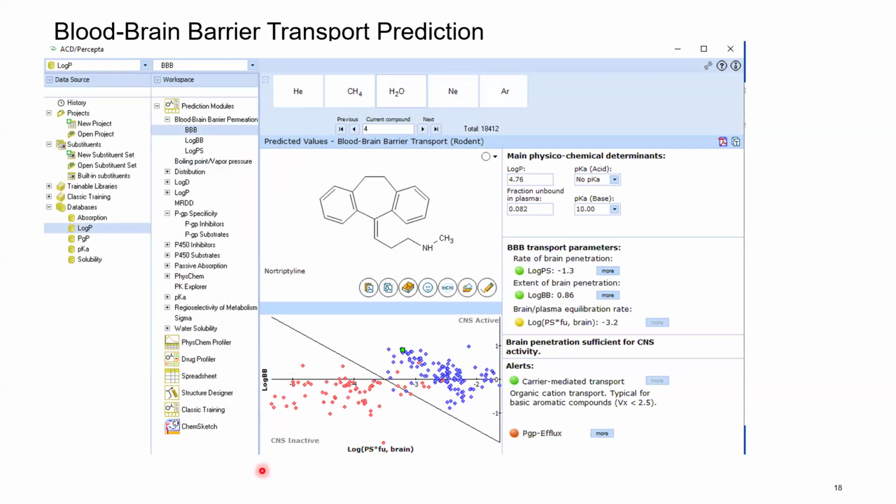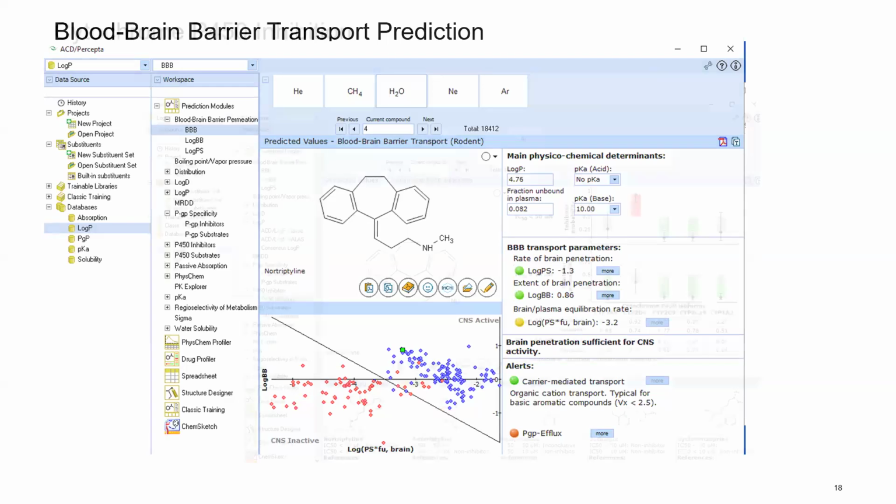If you plot these two parameters, log BB versus log PS, which includes the fraction unbound, this is part of the distribution, then you can classify compounds according to whether they are active or inactive in the CNS. And fortunately for this drug, it's in the active part. So the green square here shows nortriptyline. It's CNS active, not so surprising because it's a marketed antidepressant and should reach the brain. So that's a journey through the